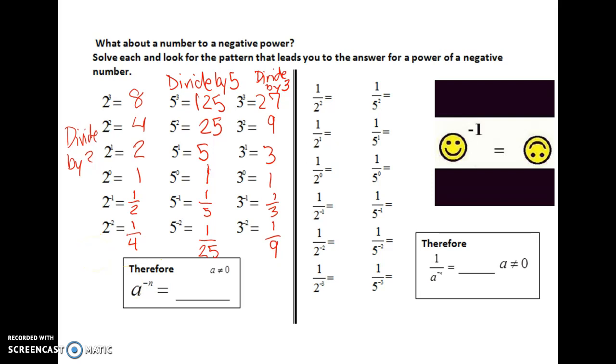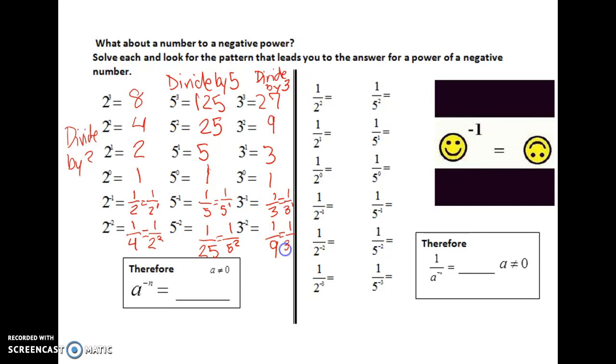So I'm going to write all of these negative exponents using the base of what it was the pattern of. So for example, this can be written as 1 over, using the base of 2, 2 to the first power, and this one using the base of 2 could be 1 over 2 squared. And these would equal the same thing. If I do that over here, this would be the same as 1 over 5 to the first power and 1 over 5 squared. And this will allow us to see what's really happening